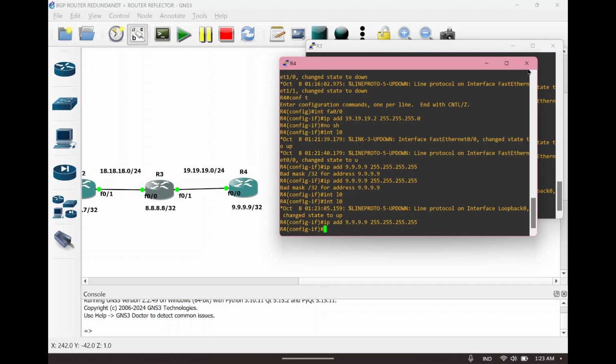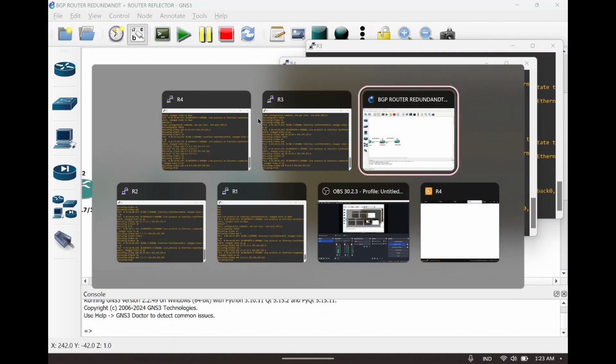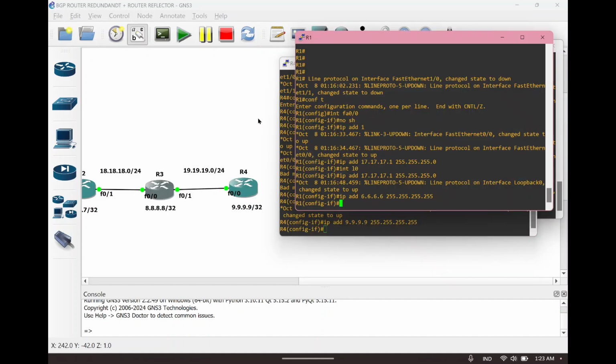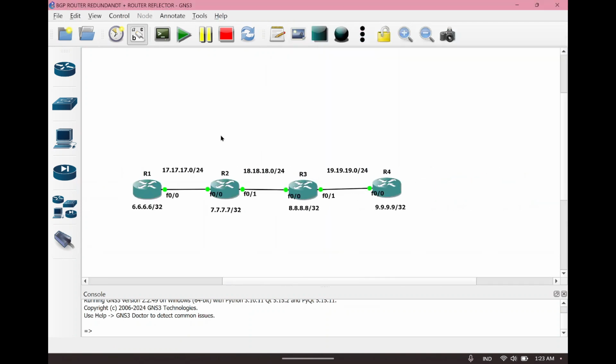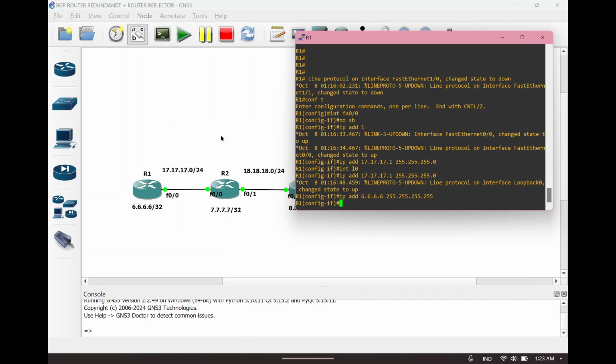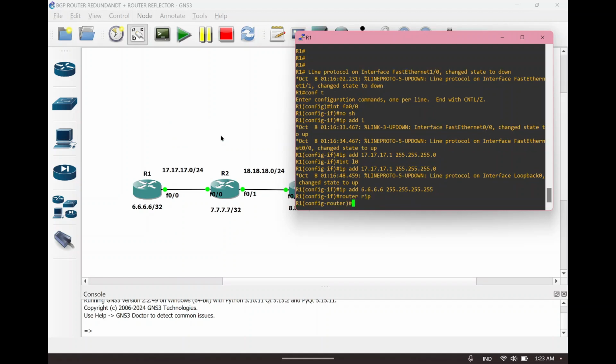So move to router number 1 again to configure BGP redundant and route reflector. Let's move to router number 1. After that, we can type router RIP.